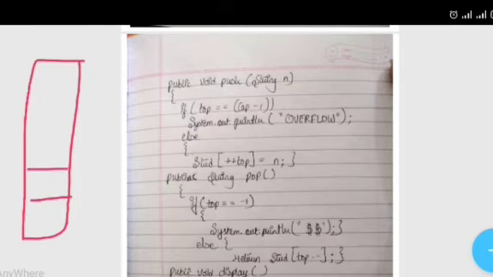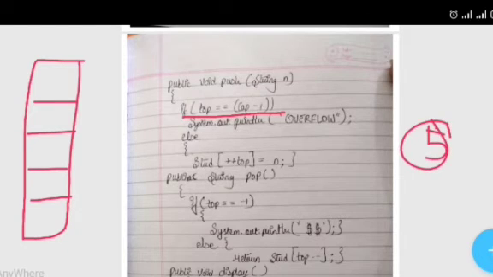Now public void push. So this is the program for push. Here I have written if top is equals to cap -1, which means, as I told earlier, the array index is from 0 to 4 and cap is 5, means if top is 5 -1, that is equals to the cap, then print overflow, means the stack is full. Okay, else